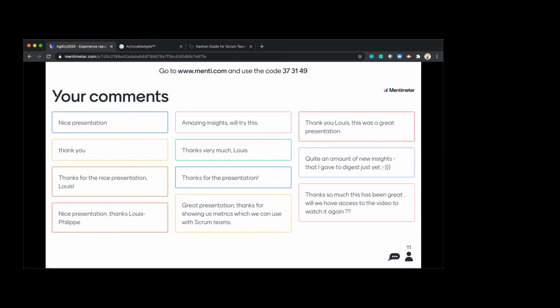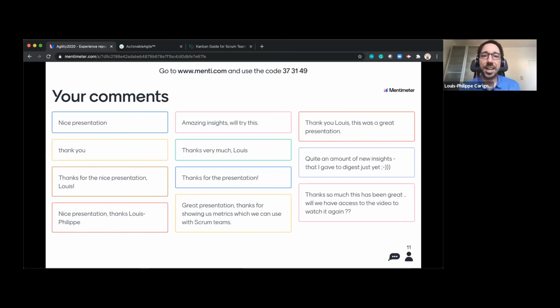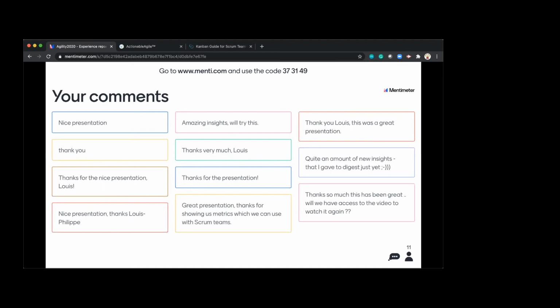Because SAFe is on the rise right now. I think every organization wants to use SAFe, and with PI planning and everything. So how do you implement Kanban with these other methodologies that are coming up, especially SAFe? Ooh, I don't know. Honestly, I have my SAFe certification. I haven't done any SAFe project yet, so I could not. Same as I understand. Yes.